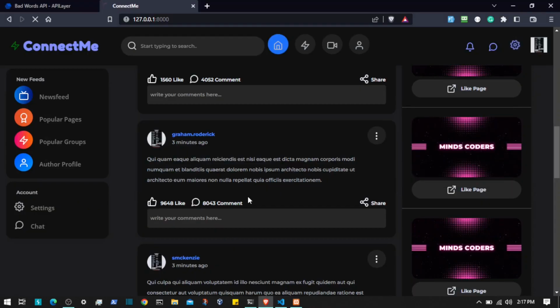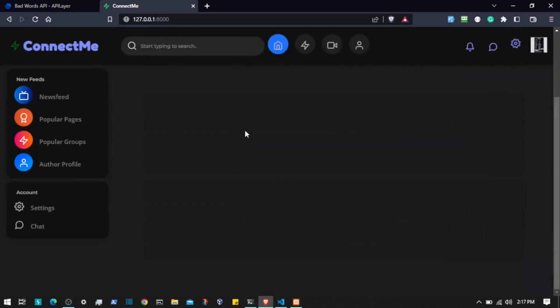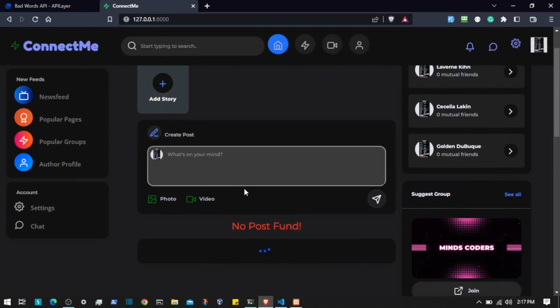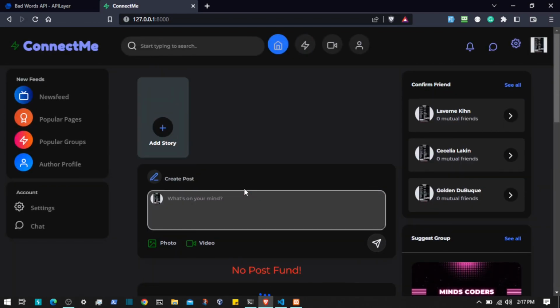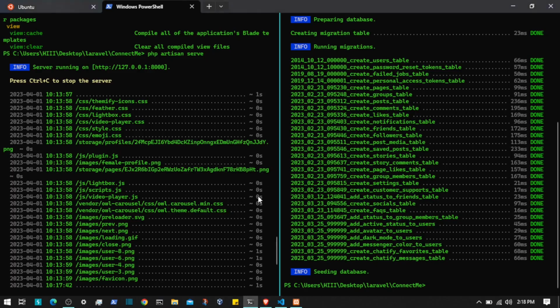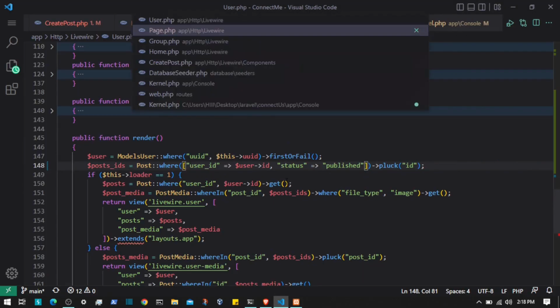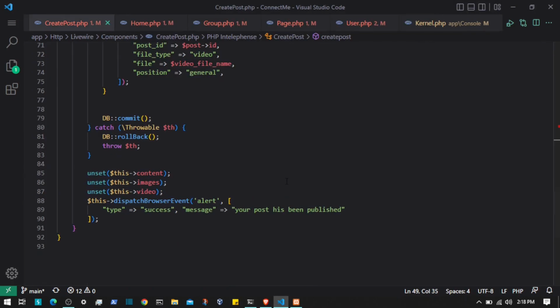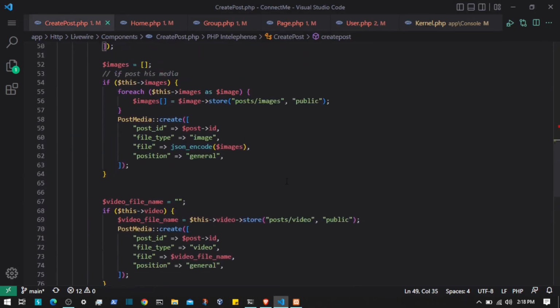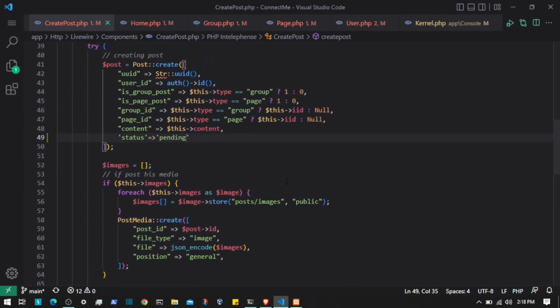So now if I refresh the page here, let's see if we have any post. We do not have any post. That is what we want. So now if I create a post, let's say hello world, and if I hit enter, the post has been published. Now we are going to change the notification as well, like your post has been created and it will be published shortly. So I'm going to go to create post